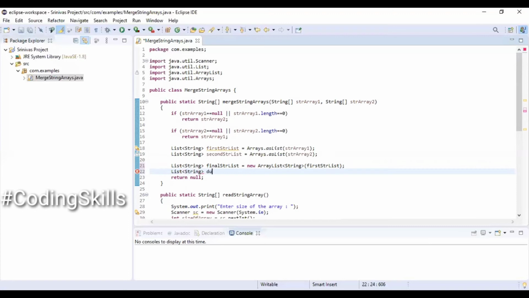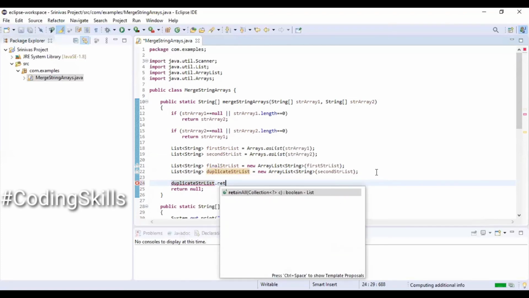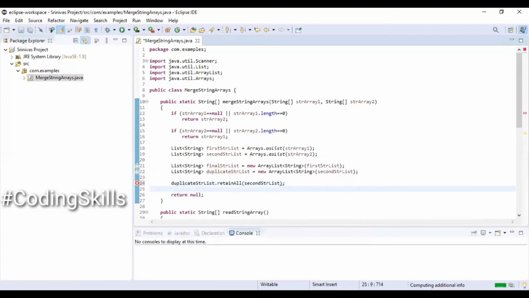Declaring one more list object. duplicateStrList equal to new ArrayList. For this we are passing secondStrList. duplicateStrList.retainAll, and we are going to pass secondStrList.